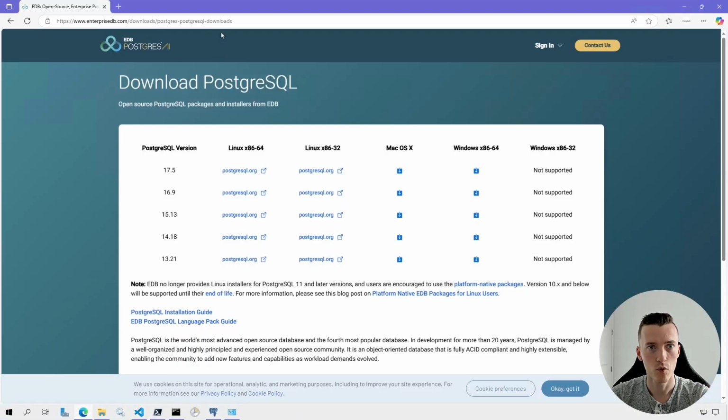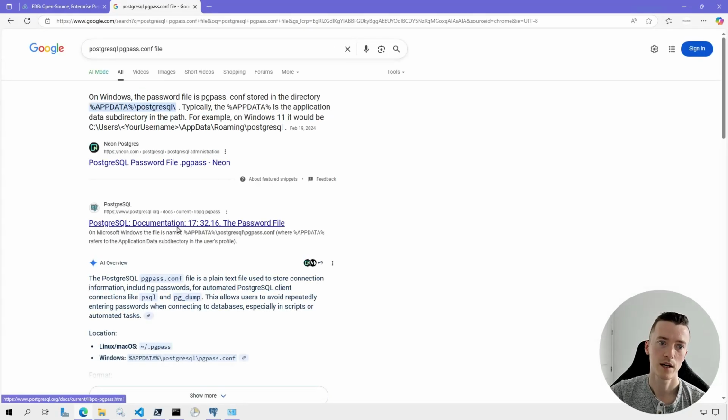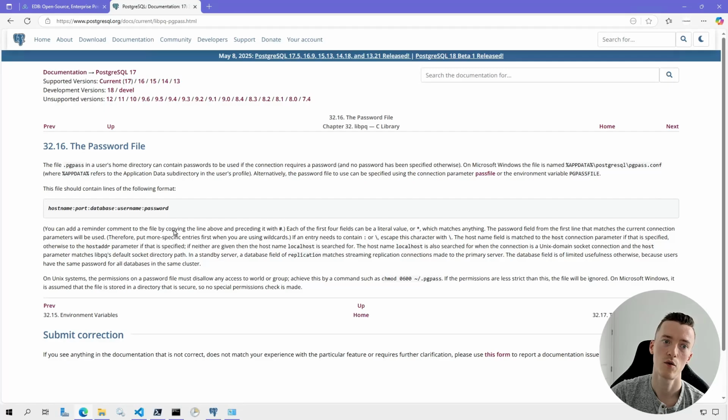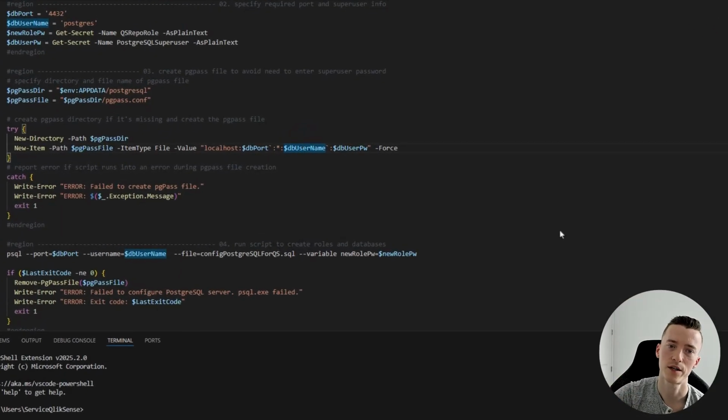You can read up more on that. So if you go to the PostgreSQL pgpass.conf file documentation, PostgreSQL has the documentation on this file, and like I said, here are the I guess 5 items that would need to be provided in that file. And as the documentation says, it's just a file that you can use to semi-safely store passwords for your users that you use to connect and execute these binaries,